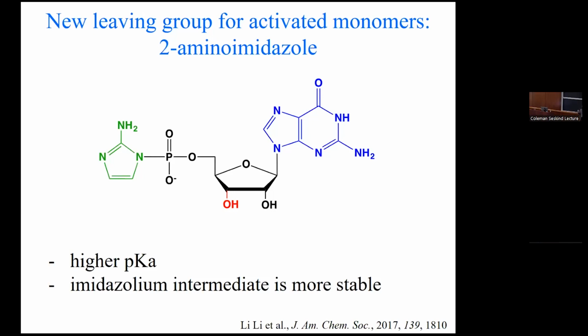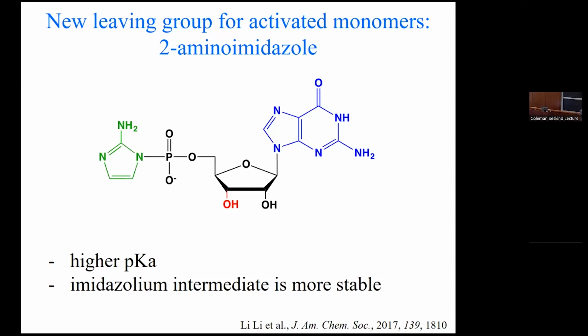But this also gives you a kind of taste of how the field progresses. It only took 30 years to realize that if we change a methyl group to an amino group, things are better. So the pace is not always what you'd like it to be. Anyway, it was very useful to have found this.